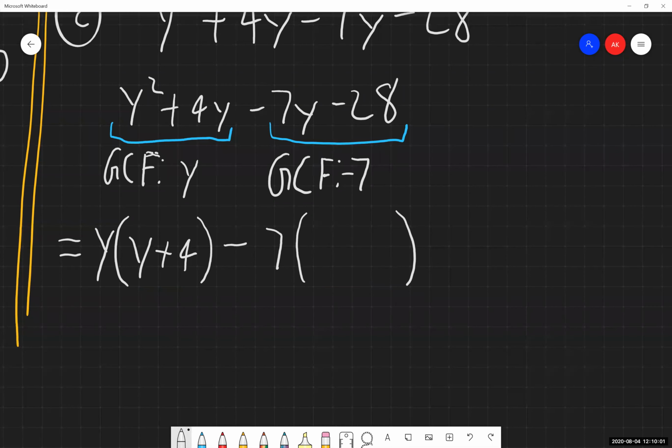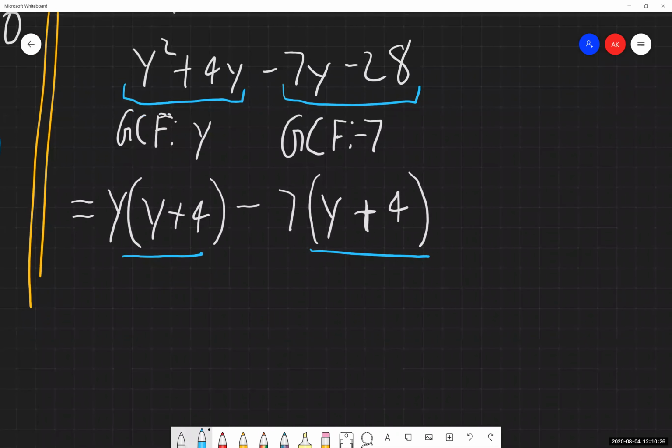So now if I factor out a negative 7, what would I get instead? I'd get a y, and also a positive 4 there, going through the same factoring process as in our previous examples. And now suddenly I have y plus 4 and y plus 4. Fantastic, this is where I want to be. These binomials are the exact same in both terms. So now, what is the greatest common factor between the first expression and the second expression? It's this y plus 4.